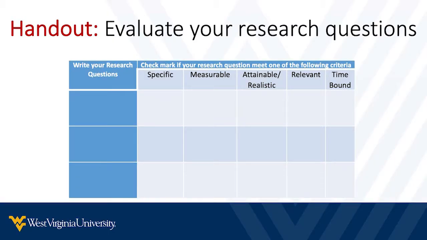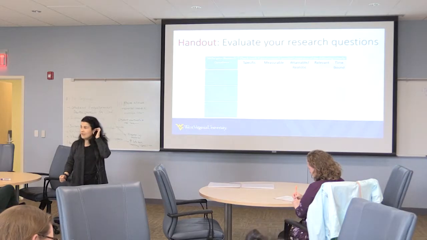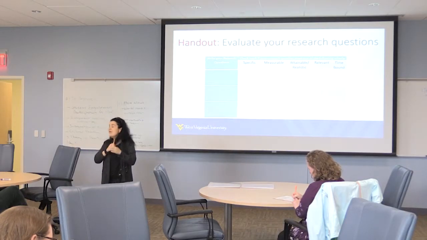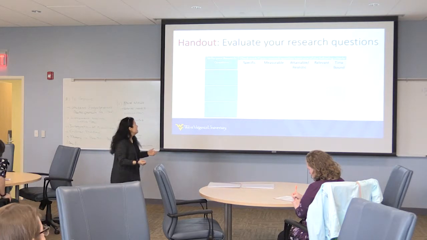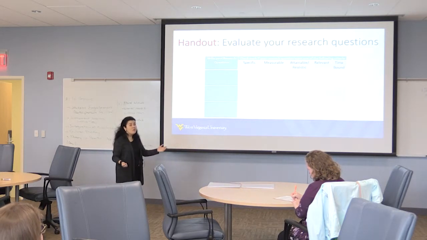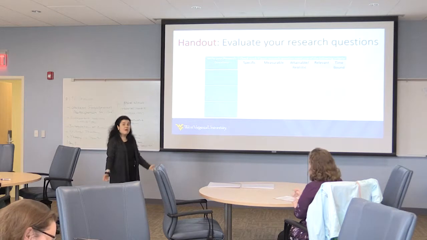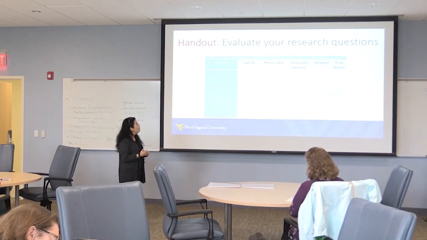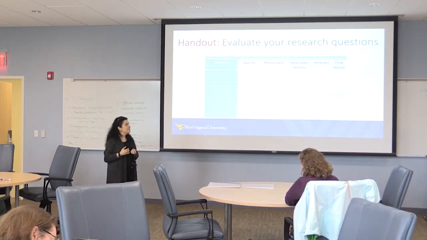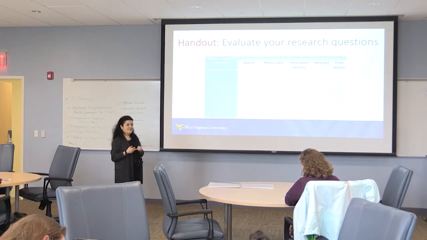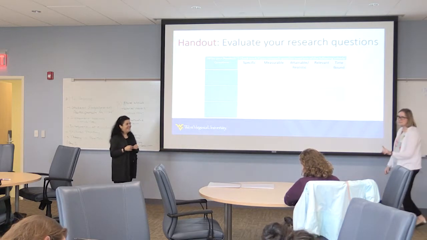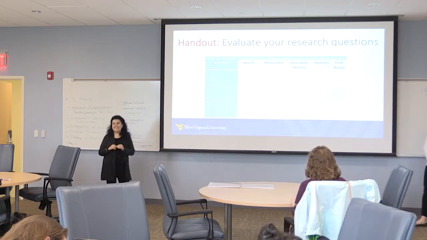So we're going back to the handout, and we're going to go to the back of the handout. So we want you to reflect on your research question, okay? Use the SMART framework that we're given, okay? Write your research question and basically tell me if you think that they are specific, measurable, attainable, relevant, and time-bound, okay? And go over your questions. No changing from the first iteration. Just teasing. No edits allowed on those research questions.